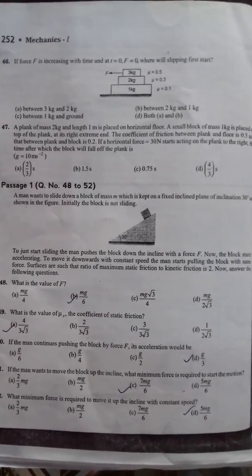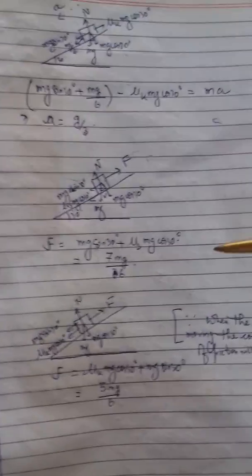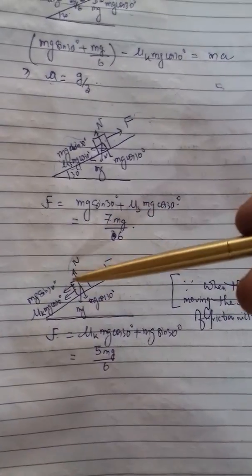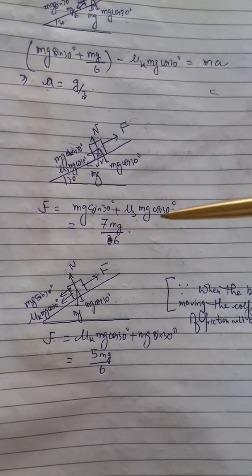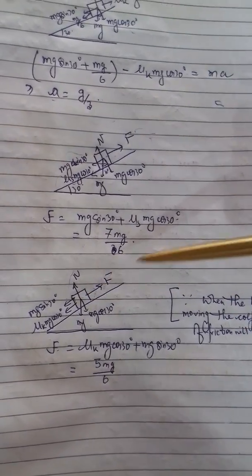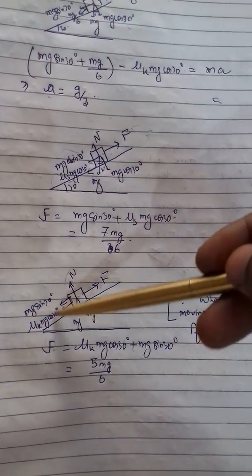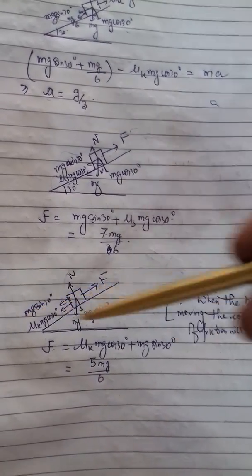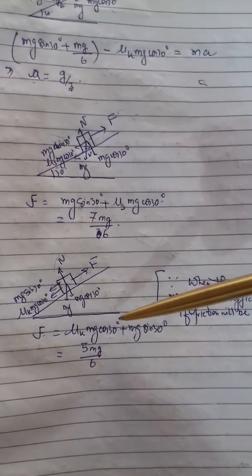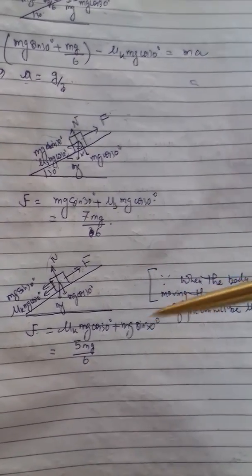What minimum force is required to move it up the incline with constant speed? Again it is similar to question number 50. There is no acceleration, the body is again in dynamic equilibrium, only the direction of F is changed, so the frictional force's direction also changed. Now this side F, this side the frictional force, and here it will be mu k, because it is in motion. And mg sin 30 degree will be this side, so F will be mu k mg cos 30 degree plus mg sin 30 degree, so it will be